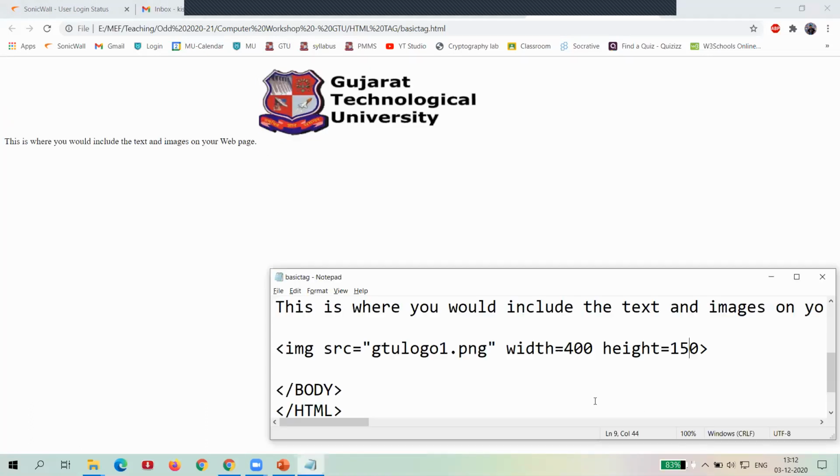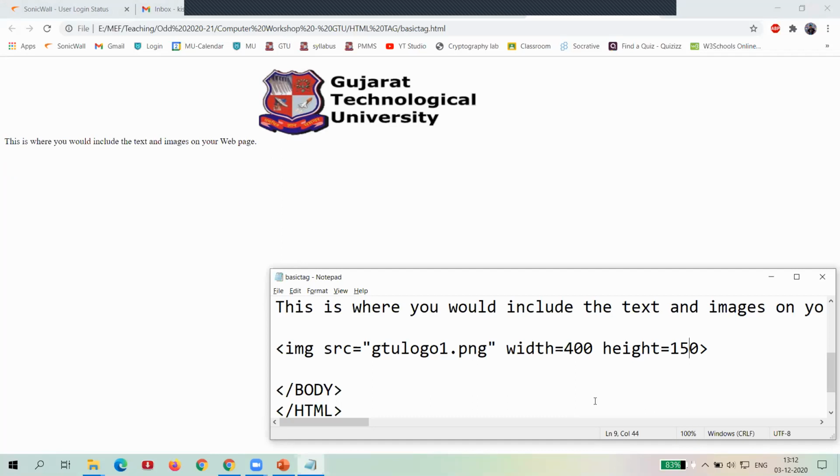So now you can see it looks like the actual logo size of the university. So as per the requirement, you can adjust the image width as well as the height using that attribute. It means you can resize the image as per your requirement.